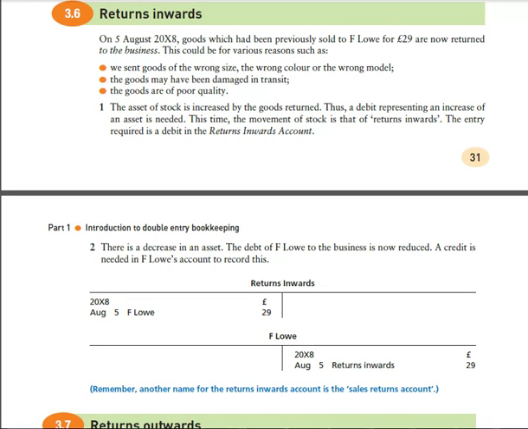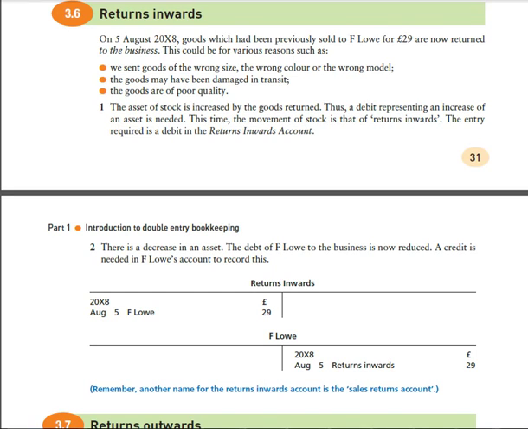which means there would be a credit in the debtor's account. So in this case, on 5th August, F. Lowy returned goods worth £29, which we had sold him initially. This means that we had maybe sold him a £100 worth of stock. So we had debited F. Lowy's account with £100. However, now he has returned back to us £29 worth of goods,